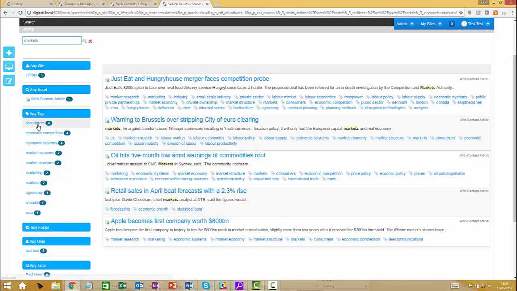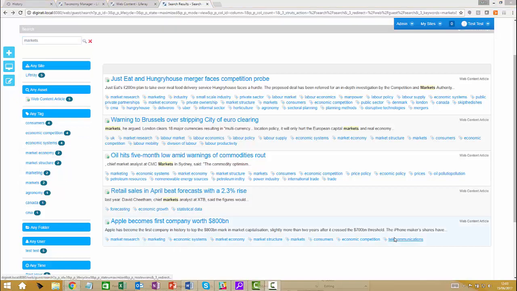And here we have the rudiments of a faceted search, which could be used on a customer website, for example, to enable customers to drill down further and deeper into what they're actually looking for. So, for example, I might be going for market economy, and we see here that we have two articles that are tagged with market economy. Okay, so let's